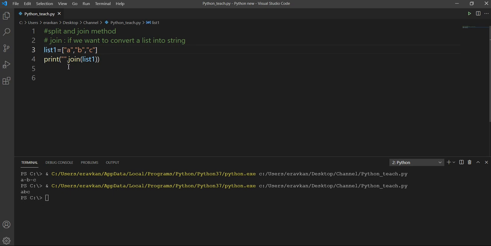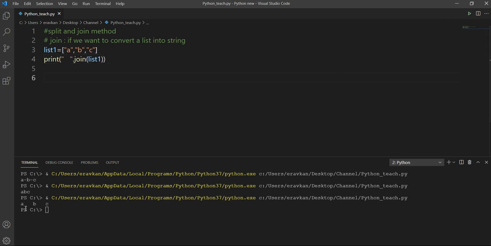So in this way, you can form a string from the list. This is the operator by which you want to join the list elements. So if I give a space here, then see, the space is also here. So the list elements will be joined using this.